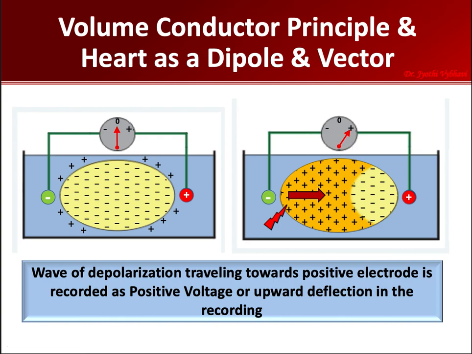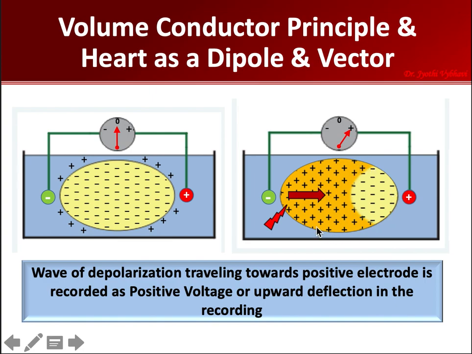What I want you to see is that when depolarization is happening, this particular cardiac tissue has many cardiac cells. It has positive as well as negative. Some part of the cells are positive and some part of the cells are negative. At a given moment when it is midway through, there is both positive and negative in this cardiac tissue. When there are two things, we call it a dipole in this electrical field.